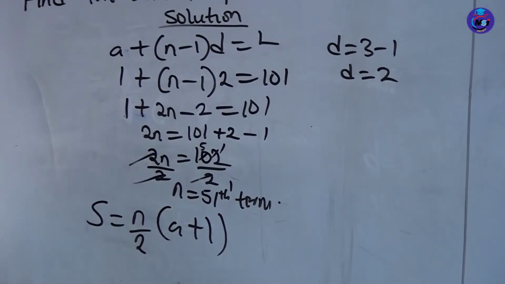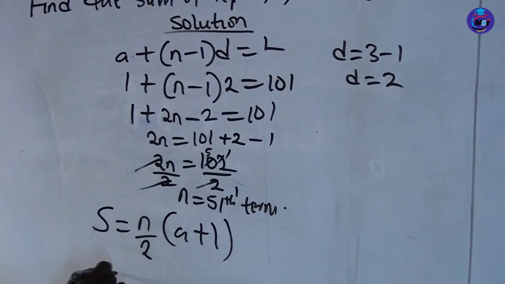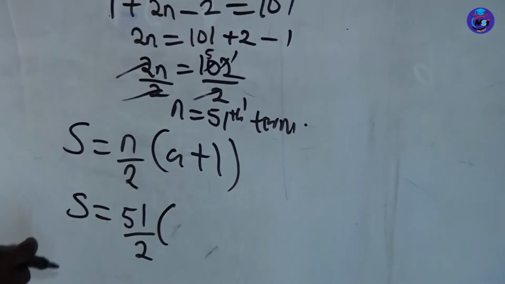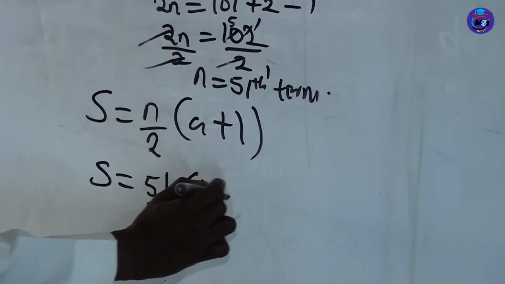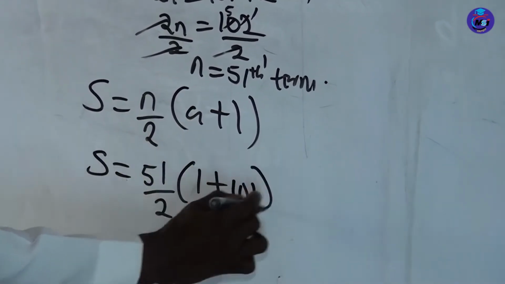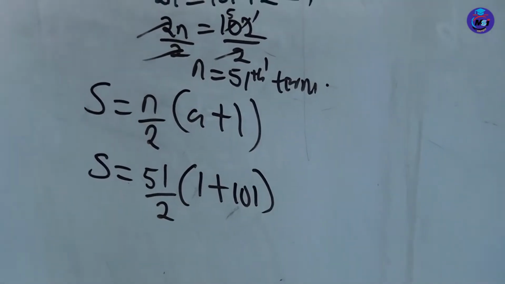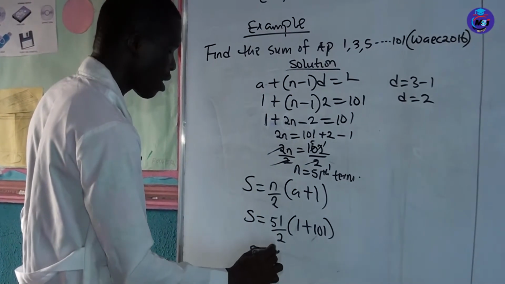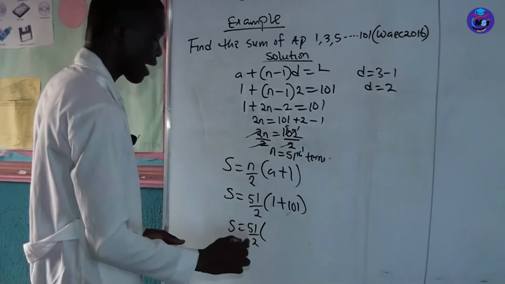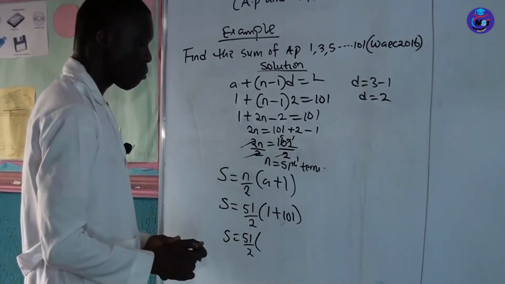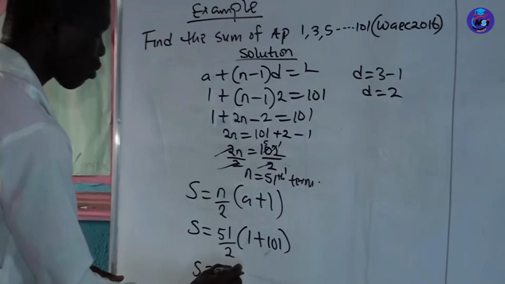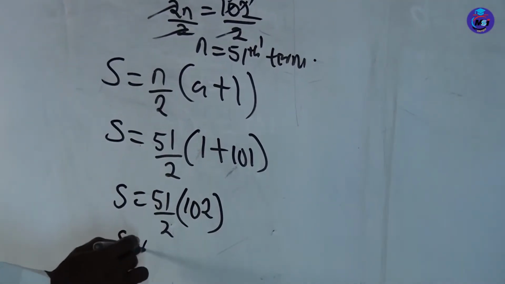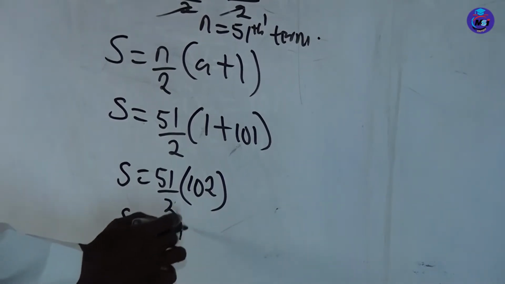That's what we want to use now. Okay, now let's solve it together. S will give us 51 over 2 bracket, a is 1, and last term is 101. Okay, now we are going to open the bracket: S equals 51 all over 2 bracket, 101 plus 1 will give us 102. So this will give us 51 multiplied by 102